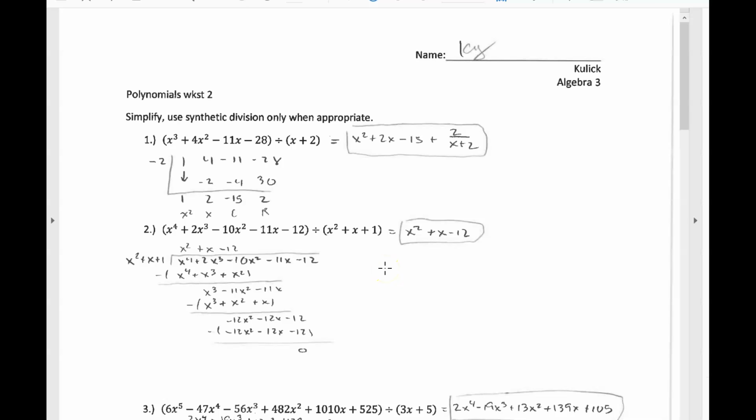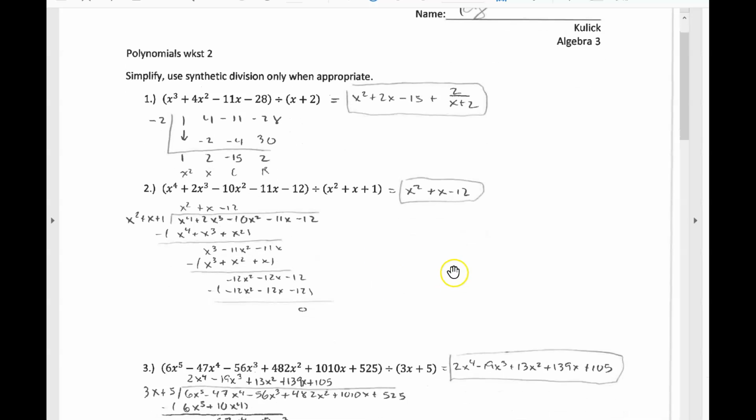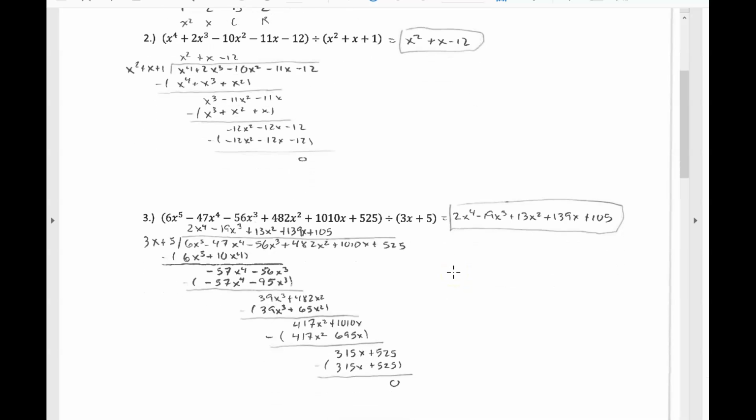Solutions to this assignment here quickly, and then we'll go straight to questions from you guys. So for number 1, I got x squared plus 2x minus 15 plus 2 over x plus 2. For number 2, I got x squared plus x minus 12 with no remainder at all there. For 3, I got 2x to the 4th minus 19x to the 3rd plus 13x squared plus 139x plus